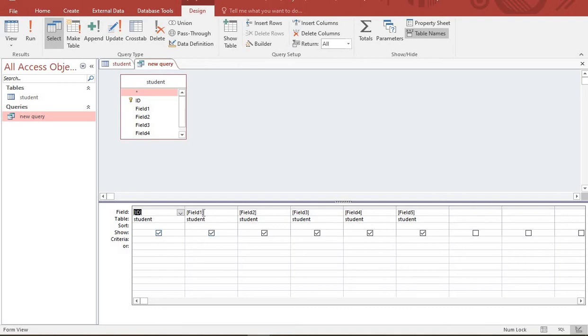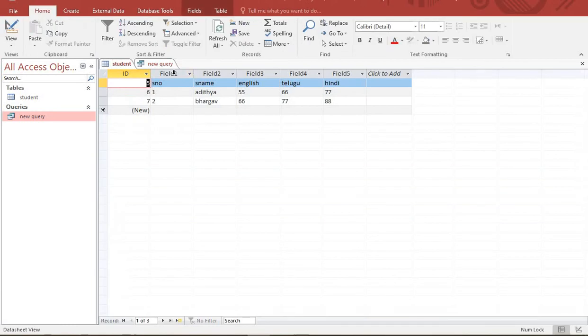For example, this is field 1. Here is field 1, field 2, field 3, field 4, field 5.